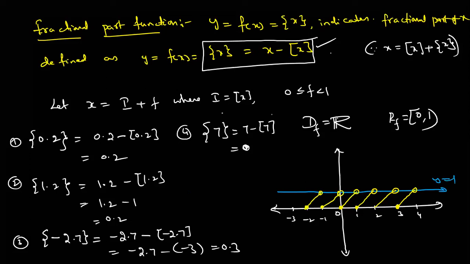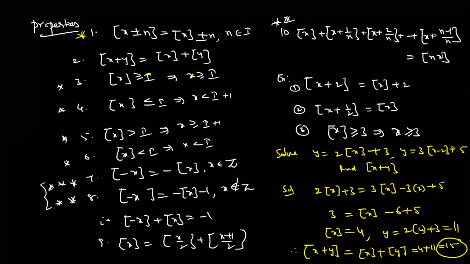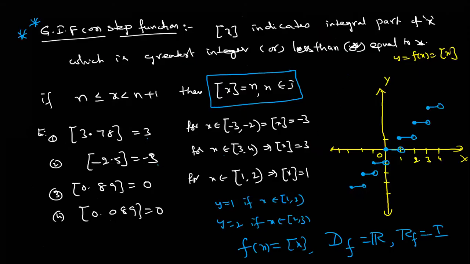How to draw the graph means tabular form. Make a table, you can get the idea. Simple, draw the table only every time. After that, identify the points. So this is the graph of fraction part of x. Every time write down like this only. What is this? Graph of, like that.